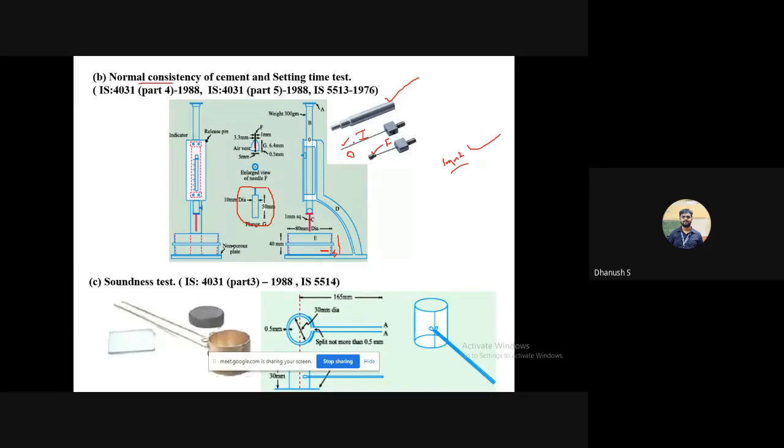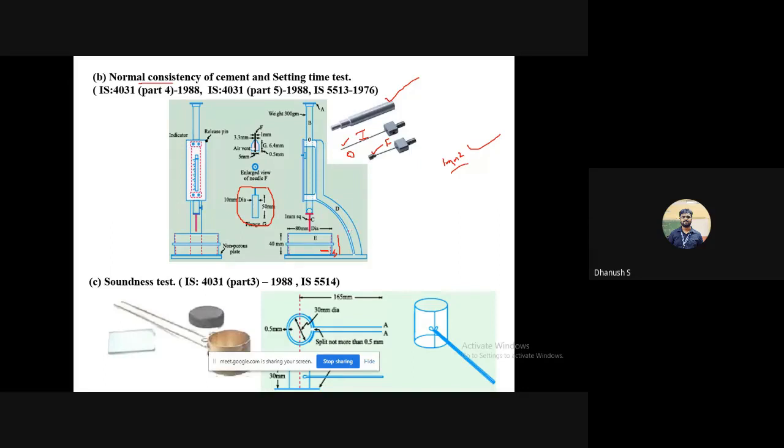So what we do is the same thing again. Make a paste of cement, place it into the frustum of a cone, remove that big fat needle, and attach this smaller initial setting time needle. Here, instead of measuring the percentage of moisture at which we get 5 to 7 mm penetration, we measure the time at which we get 5 to 7 mm penetration from the bottom. As soon as you take your cement powder and water, the minute the first drop of water touches cement, start your stopwatch. It starts recording time. Then you mix your cement paste, fill it into this frustum of a cone, place it there, and start taking readings.